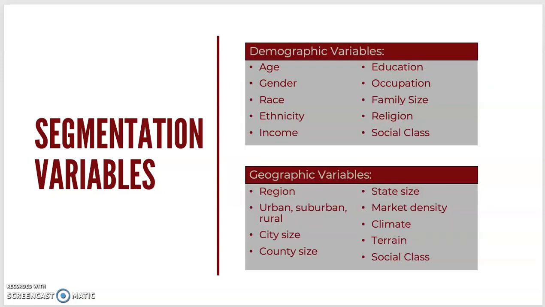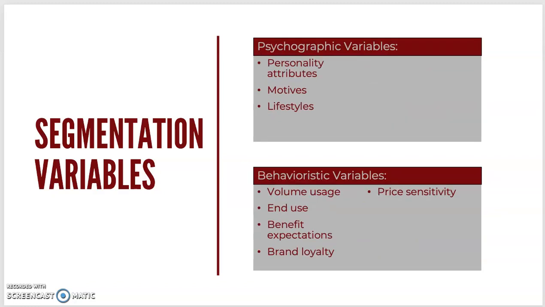There's demographic, which again are age, gender, race, all those different ones. There are geographic, region, urban, city size, county size, market density. Climate's a huge one too. Those are important. There's 2 others, and we talked about these in the stuff you don't have control over, which is true. Psychographic, what your personality's like, your motives, your lifestyles, and then behavioristic, which is what do you expect